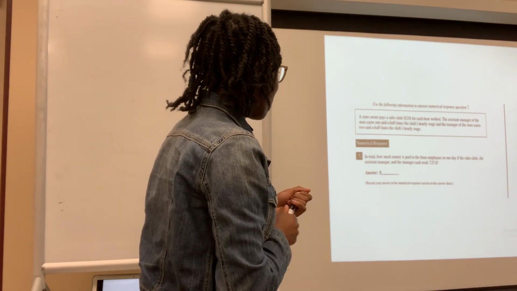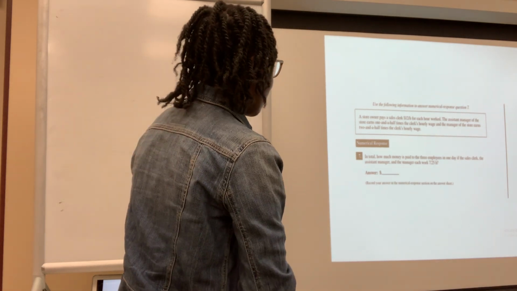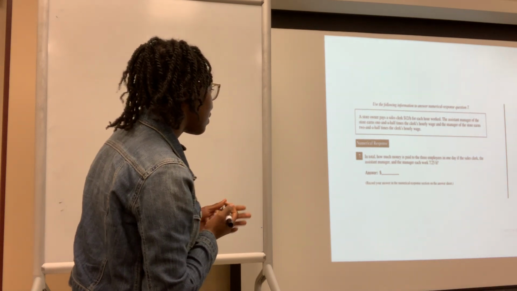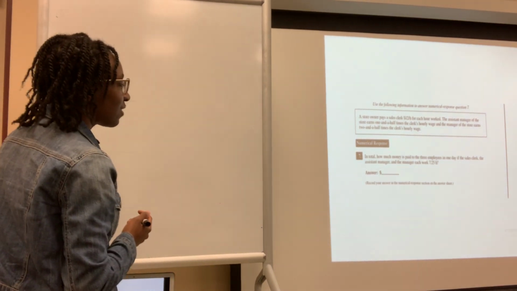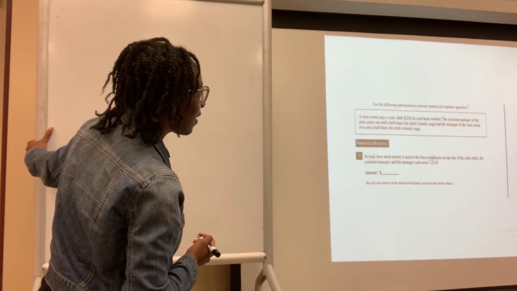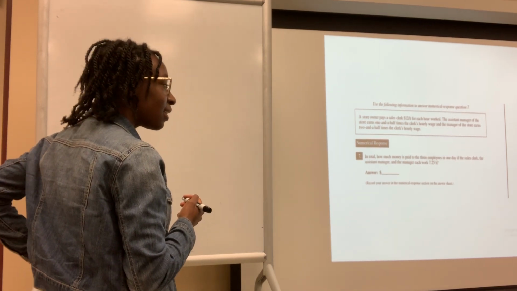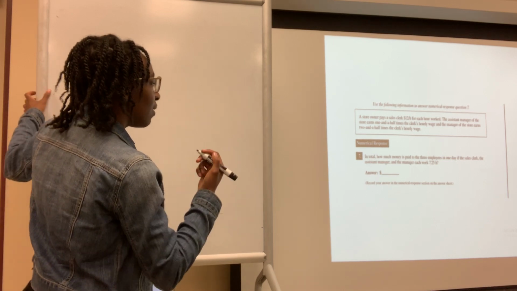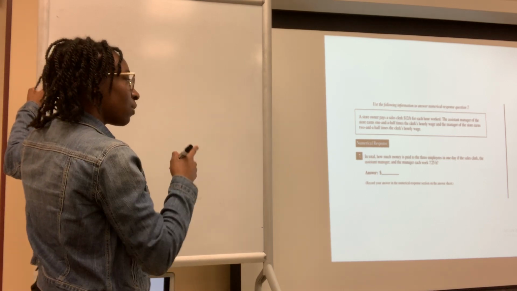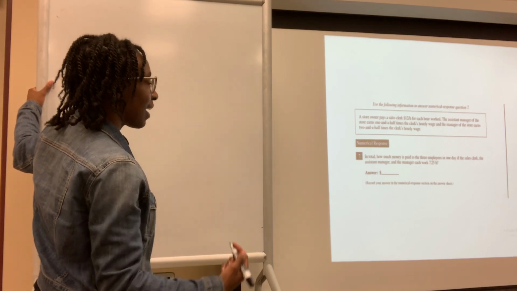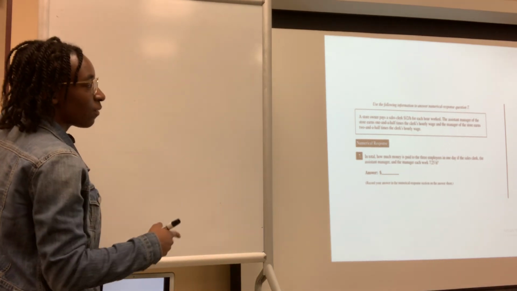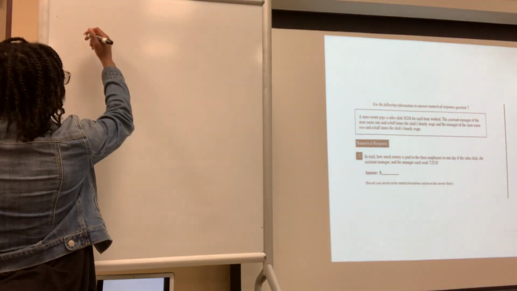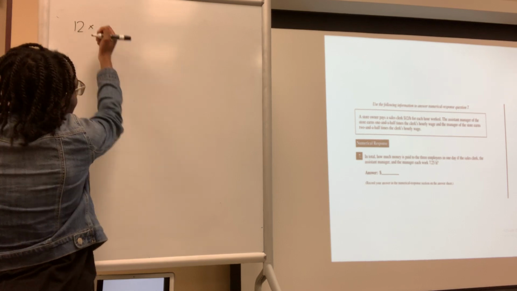Okay, this is a bit of a more complicated question. Actually, I guess it's not that complicated. We're trying to find out how much money in total is paid to the 3 employees. So we can calculate the amount. Let's start with the amount that the sales clerk gets in 7.25 hours because we have the actual value of that. So he would earn 12 times the amount of hours he works,